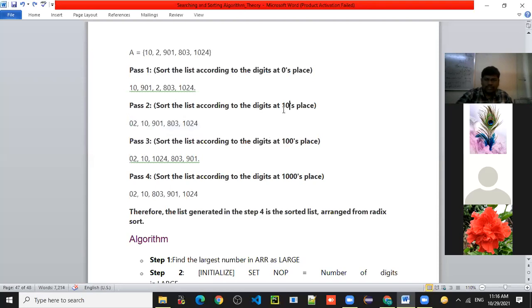Now at the 10th place, they have considered only the first 2-digit numbers. They have considered only the 2-digit numbers, right? First the 1-digit number, after that the 2-digit number, and after that the 3-digit numbers. Now, by considering the 3-digit number, 01 is less than 03. So that's why 901 is considered first.